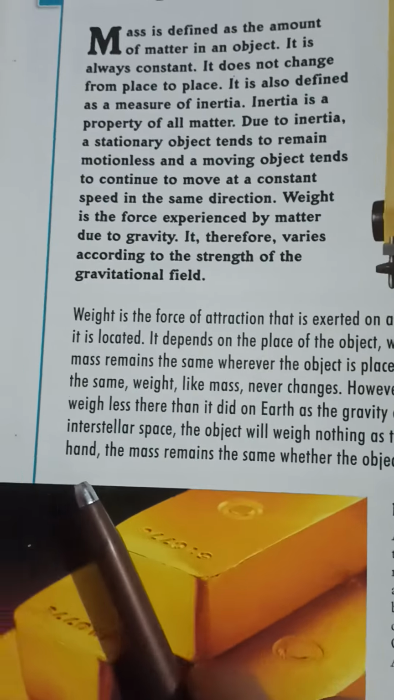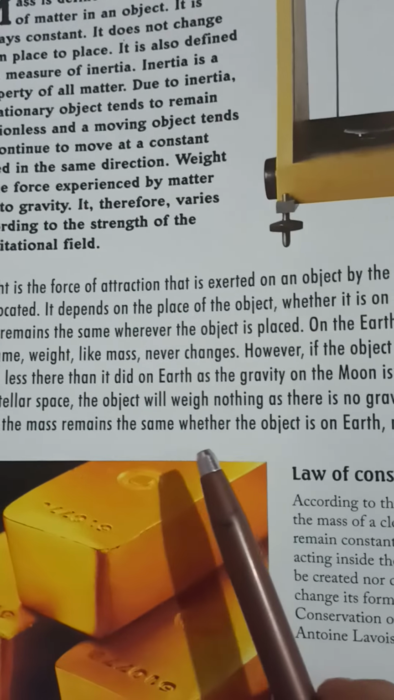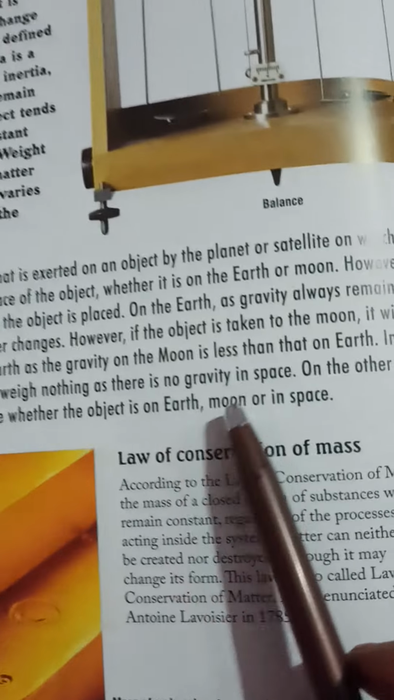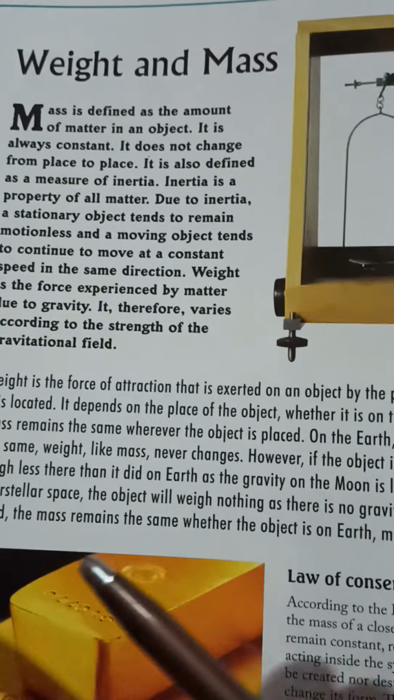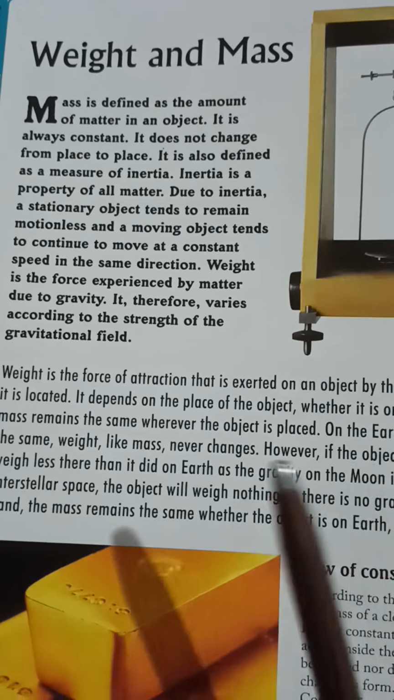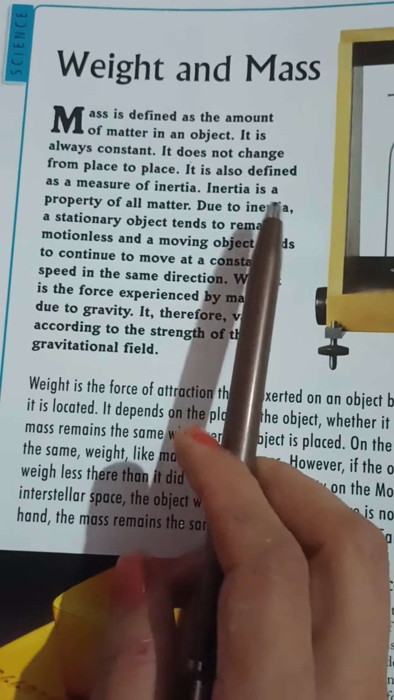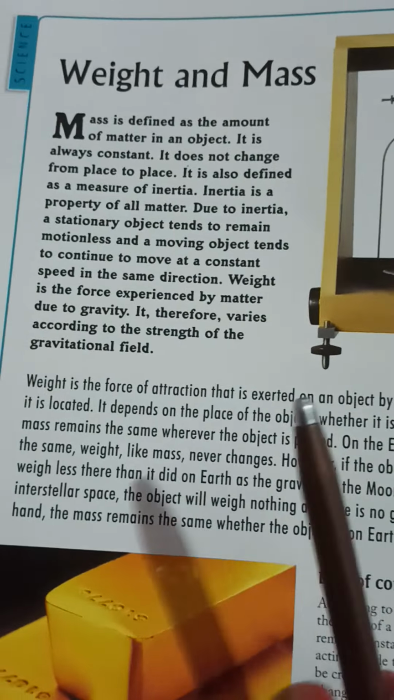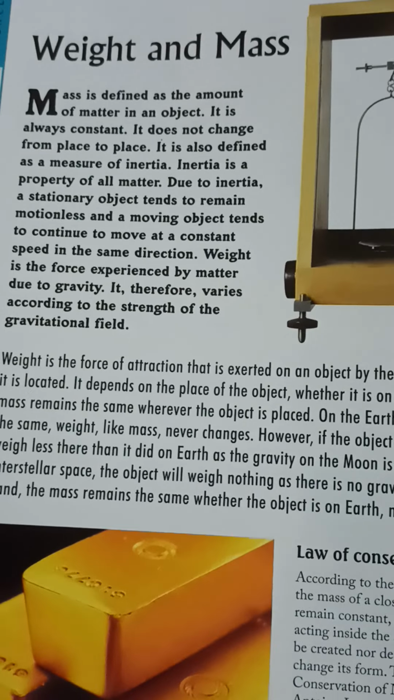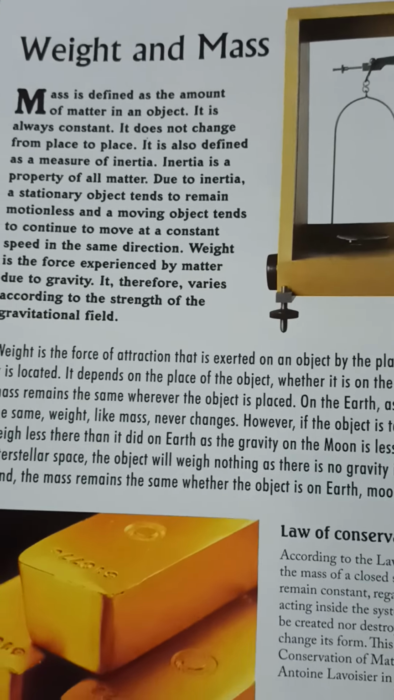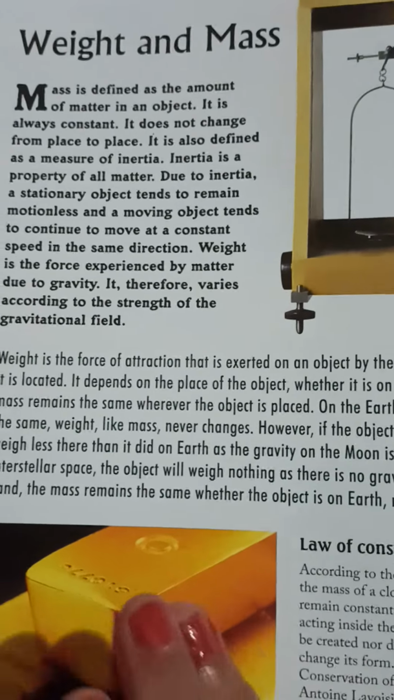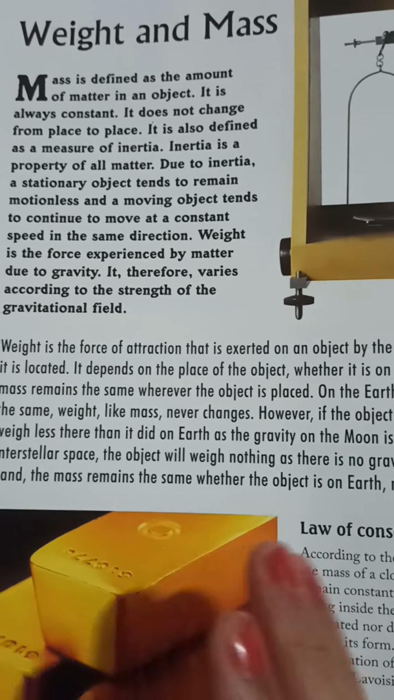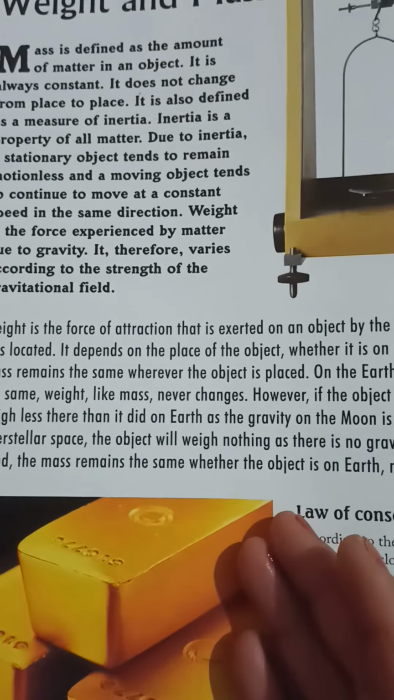On the other hand, mass always remains the same for the object on the earth, moon or in space. As we have studied the difference between weight and mass, I hope you all understood the concept. मुझे पूरा विश्वास है कि आप लोगों को द्रव्यमान और वजन का जो अंतर है, अच्छे से समझ में आ गया होगा।